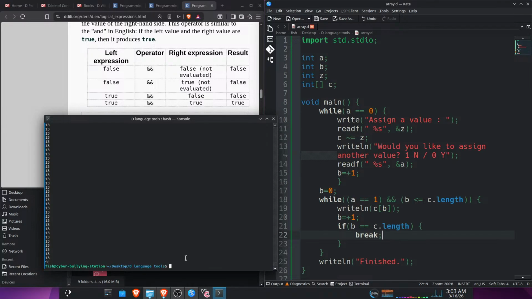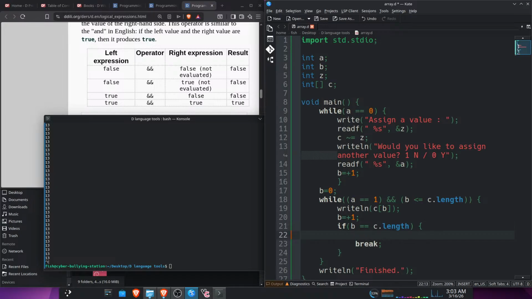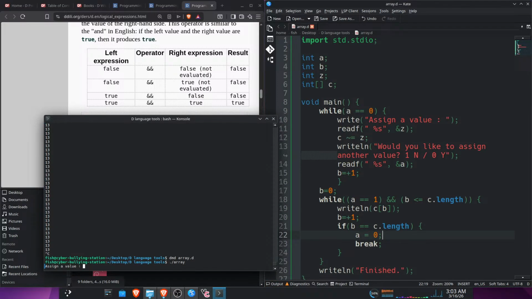All it is 13s, bro. Okay, so if B equals that, then it should just break the code. Maybe I need to set A equals 0 first. That way it's 100% certain that it's gonna... We'll try A equals 0, semicolon, Control S, and then dmd.array, and then /array, and then we'll go ahead and